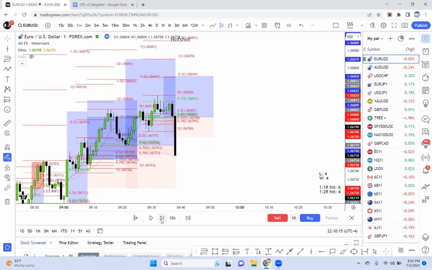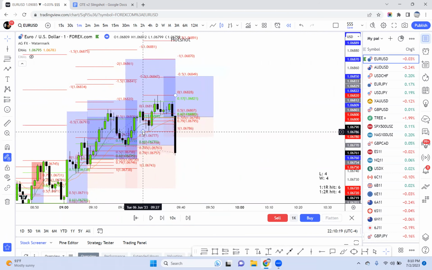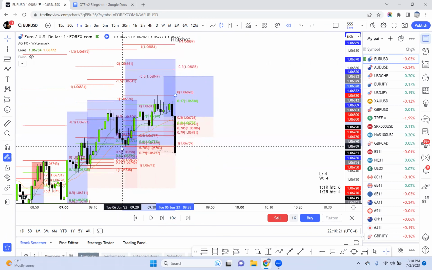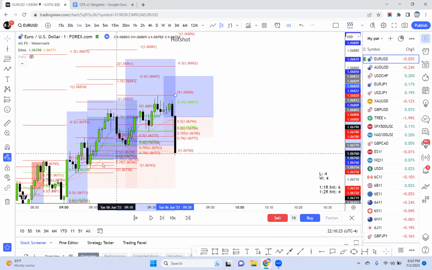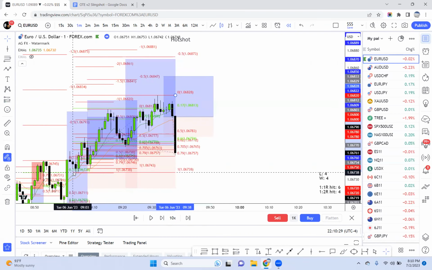Okay, we're in, and we got stopped out on this one. So since we got stopped out on this one, we can reframe it. We won't reframe it here because it doesn't make sense. It's already stopped out there. We reframe it here, it's at the 7-9 level. So it's a little scary, but if we reframe it here,